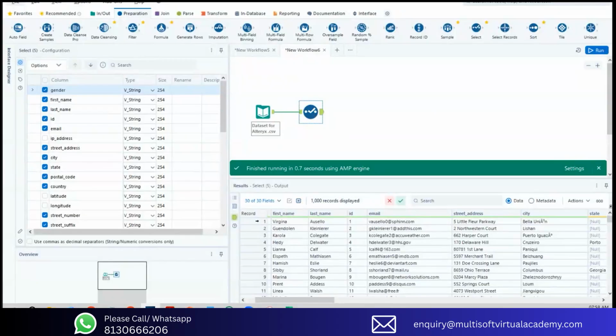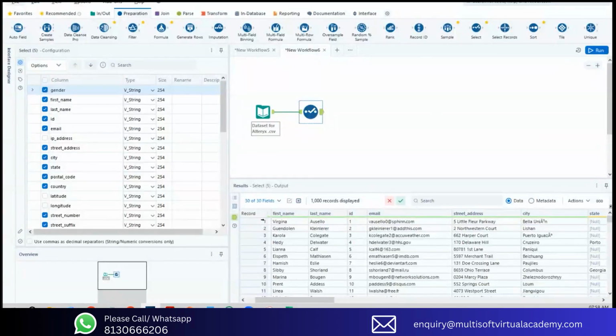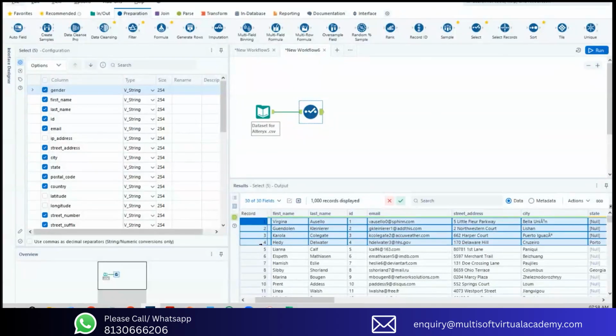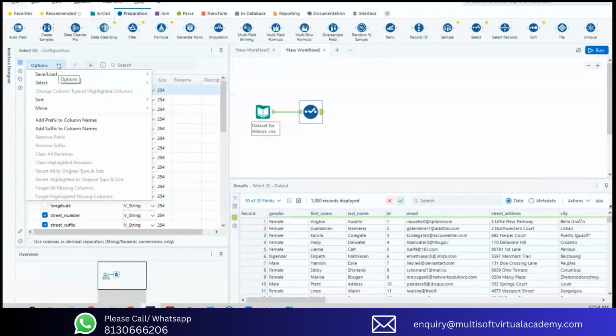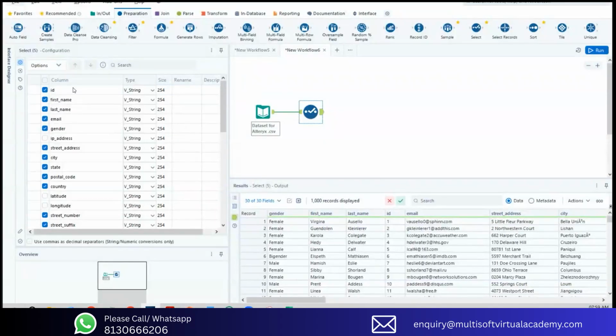For this, you don't have to click on run. No, you need to see the result, right? Without running, you're not able to see the result. Because the columns are more, right? So you can see all the columns by using this slider. Got it. Now let's reorganize it back. I'll do option, sort, revert to incoming column order. If I do that, I'll get the original incoming column order. Okay. If I rerun it,